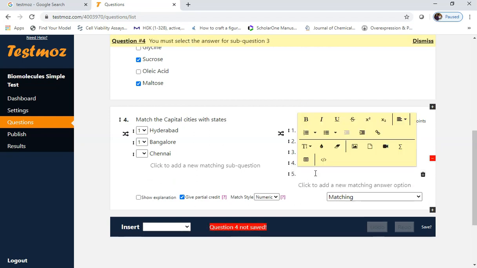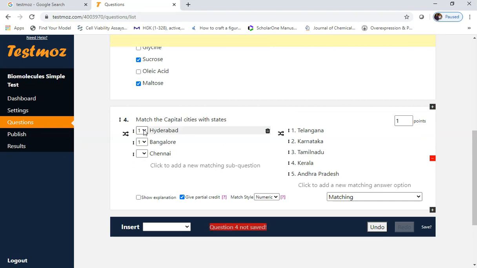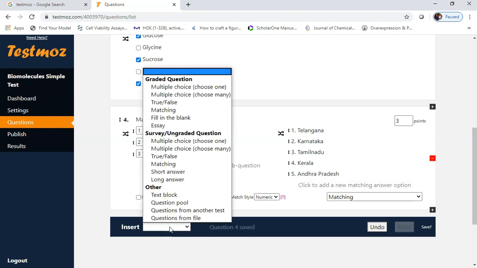And it is also a partial credit question. Depending on the number of correct answers, the marks will be graded. Now we are giving the correct answers, useful for grading. Toggle the choices. It is a partial answer. We are giving 3 marks to this one. Go to the next question.